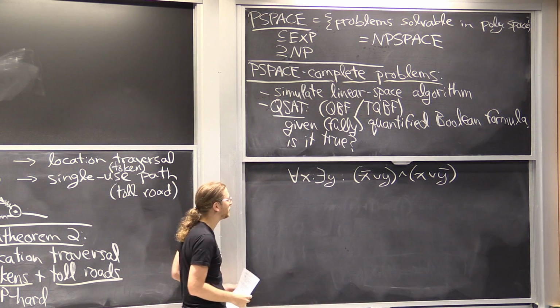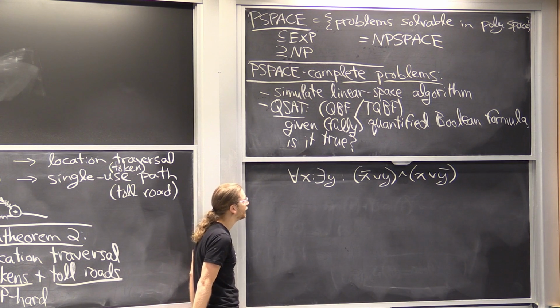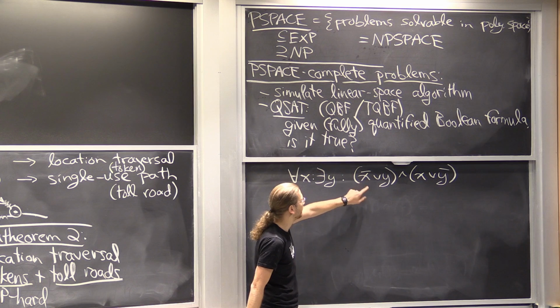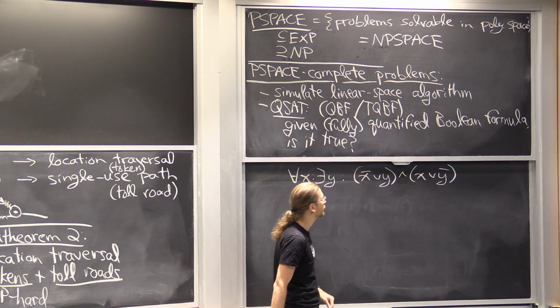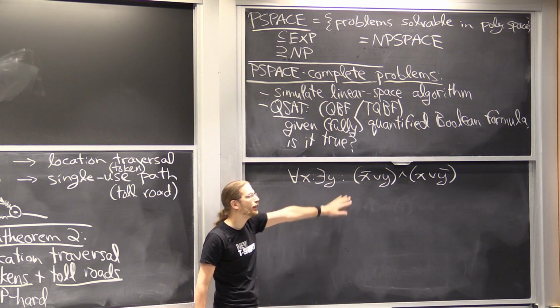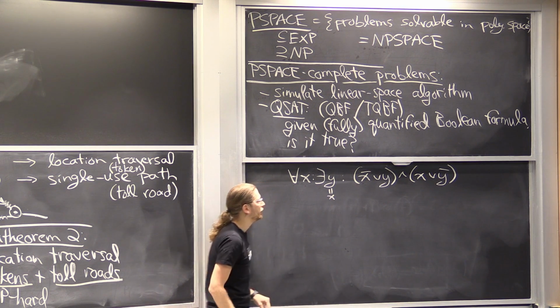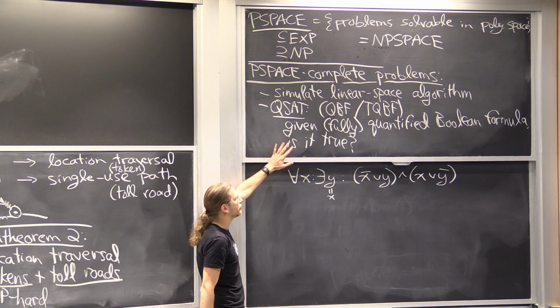Took me a little thinking to come up with one that is actually true in a not quite trivial way. This is a 2-SAT formula, and so in particular you can read this as x implies y and y implies x. We're saying for every x there is a y such that this is satisfied, and that's true, namely y equals x would be the correct choice. But it's not totally obvious given that formula that it's true,